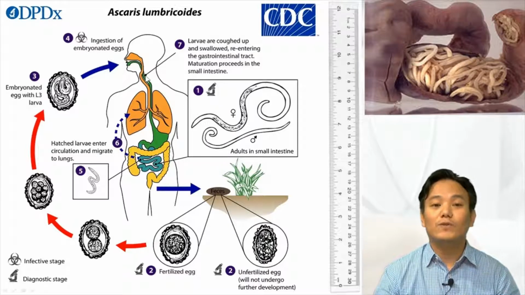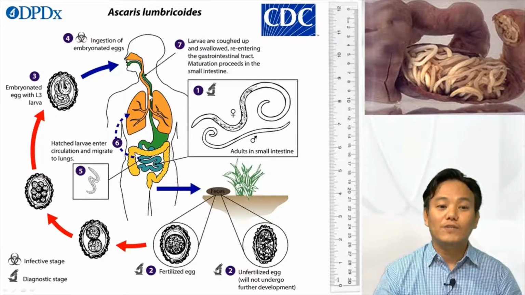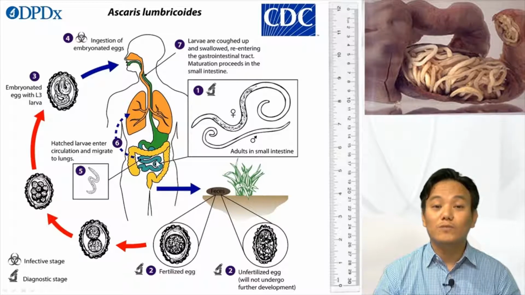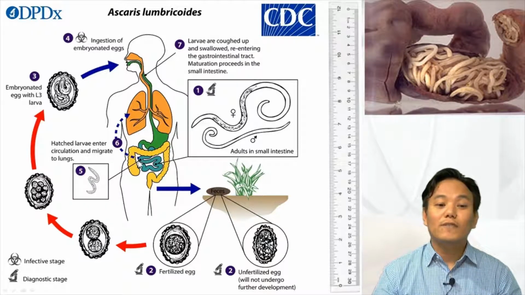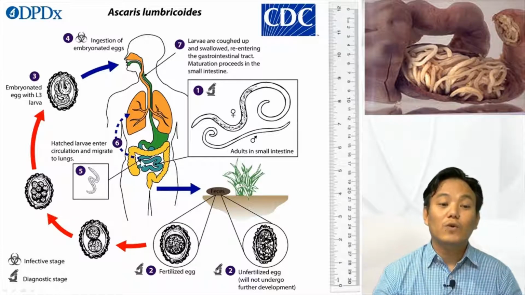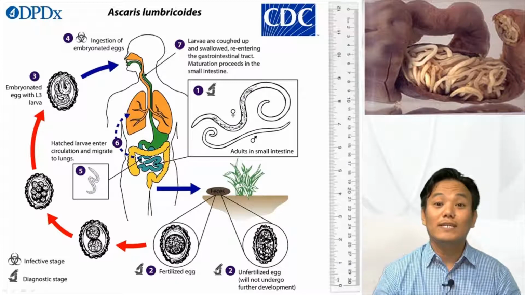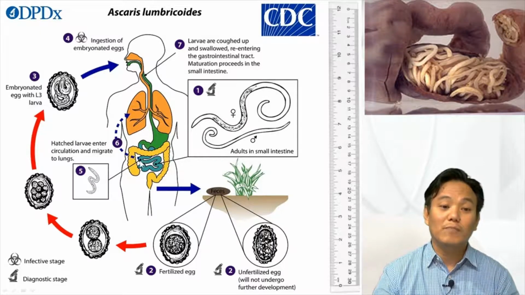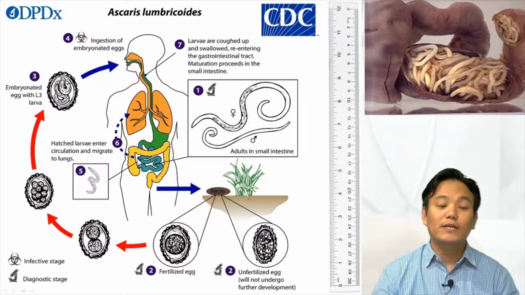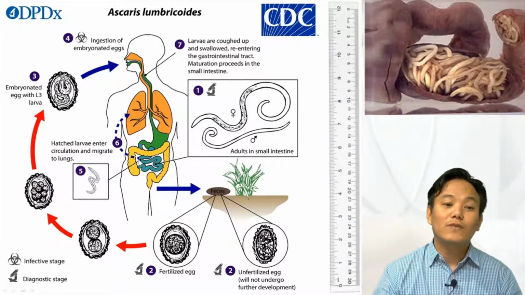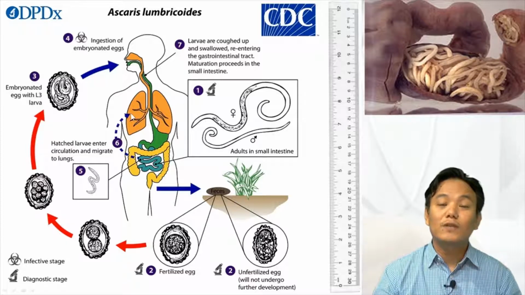the larva comes out, and the larva goes straight to the small intestine. It survives the stomach acid and goes into the small intestine. From the small intestine, the larva, which is still a larva and not adult yet, goes towards the lung through the circulatory system. It enters into the bloodstream by penetrating through the intestinal lining, the intestinal mucosa, and goes towards the lungs.